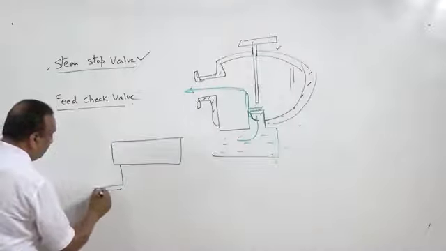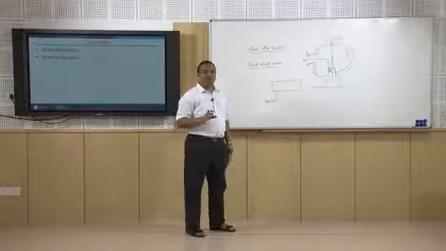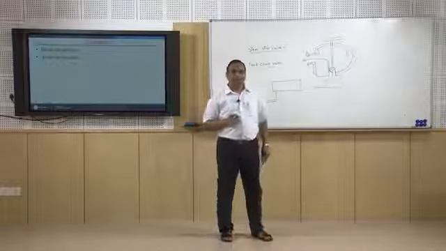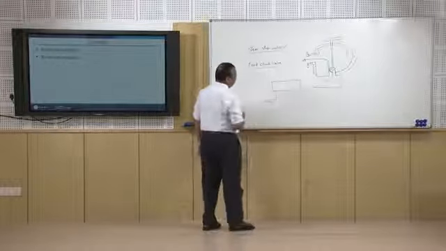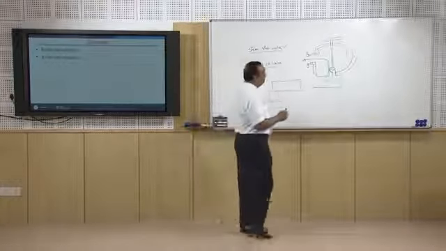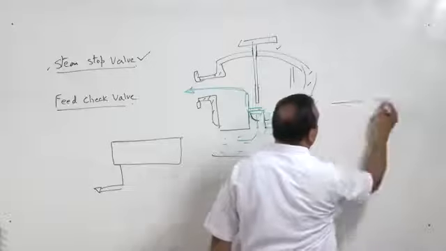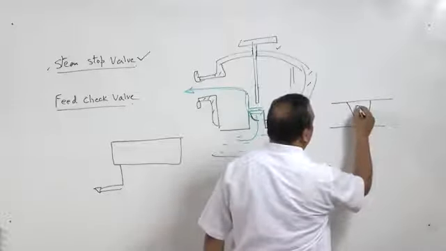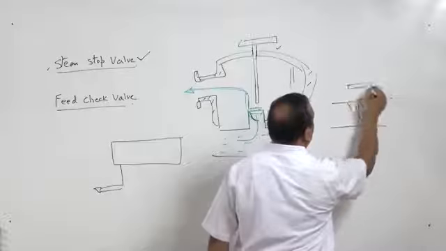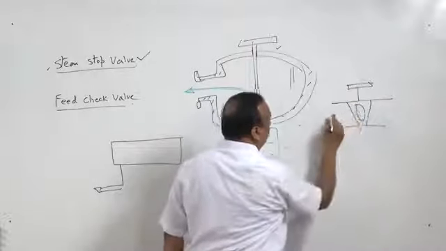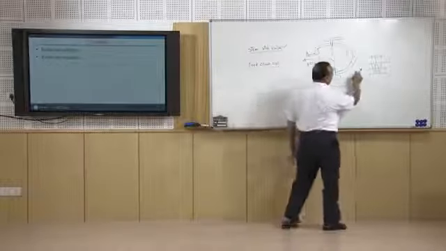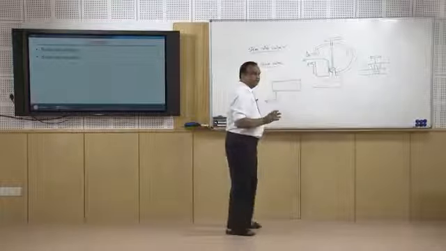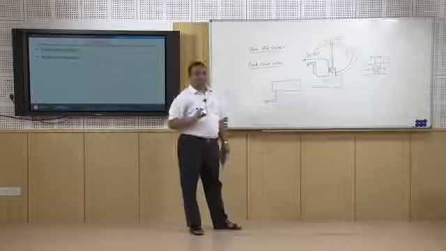This is the blow off cock, and its function is to remove the sediments and the impurities from the boiler, because during hours of operation of the boiler, sedimentation takes place in the boiler. So intermittently this blow off cock is opened. It is a simple valve, a type of gate valve, something like this. When this opening is turned in line with the supply line, the valve is opened, and the sediments and the impurities are removed from the boiler.